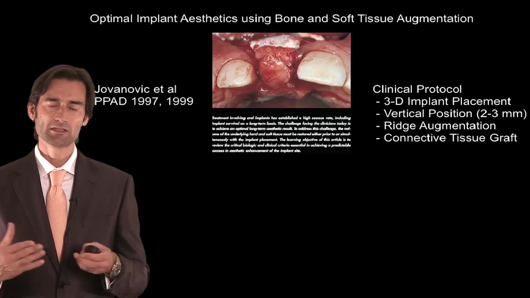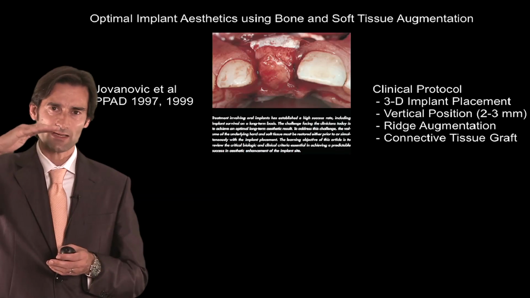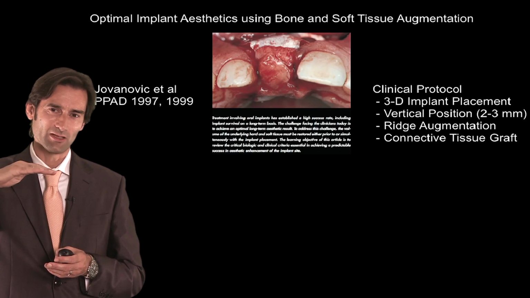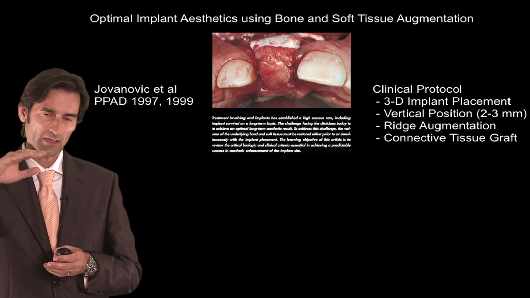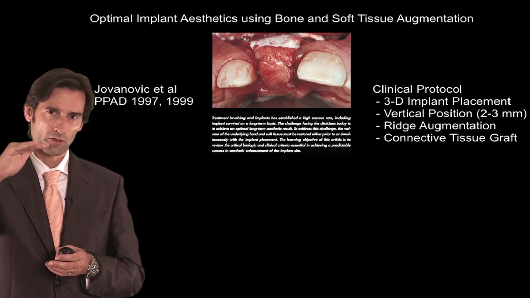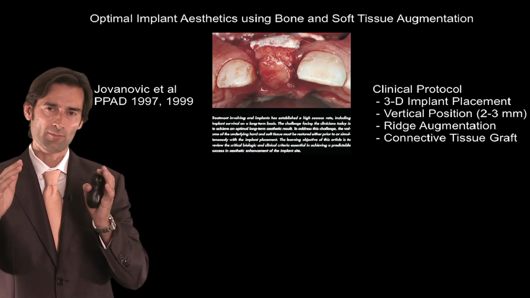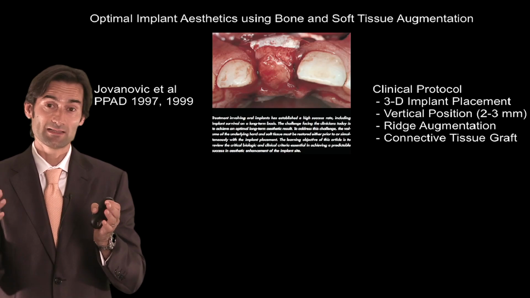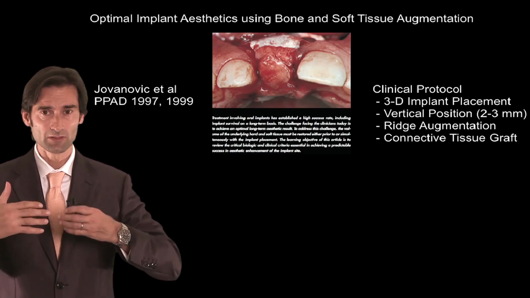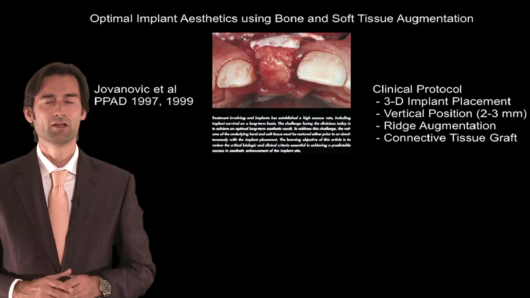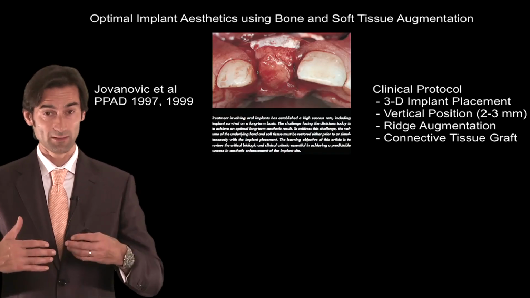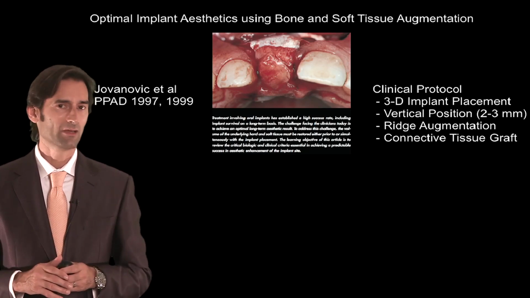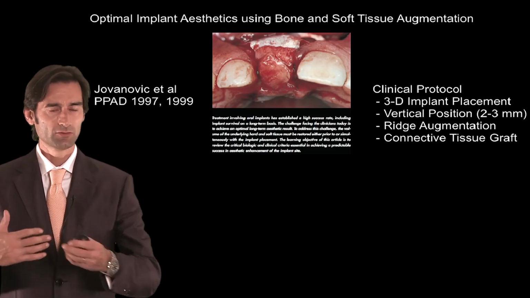And in this protocol, what's important is that the neck or the shoulder of the implant is placed in a proper vertical position. And the proper vertical position is approximately 2 to 3 millimeters below the optimal crown margin or the optimal gingival margin. Now, what that often means is that the neck or the shoulder of the implant is somewhat outside of bone. And therefore, in this protocol, we need to also add that we have to do augmentation of the crest through ridge augmentation, or that we have to add connective tissue grafts to thicken the volume of